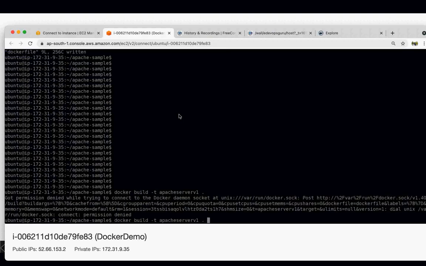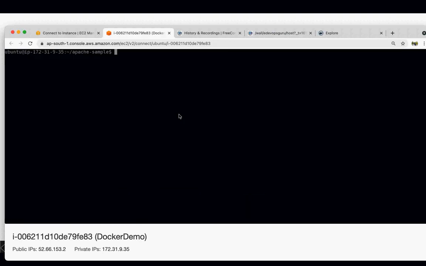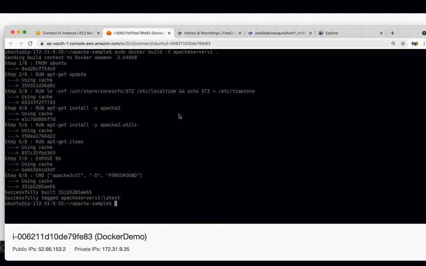If you see it here, okay, sorry, my mistake, I need to run it with sudo. So if I run it with sudo, since I have already run it once, you can see it started by sending this file to the Docker daemon, and then it downloaded Ubuntu from the central repository, and then created a temporary container, and inside that container it executed apt-get update.